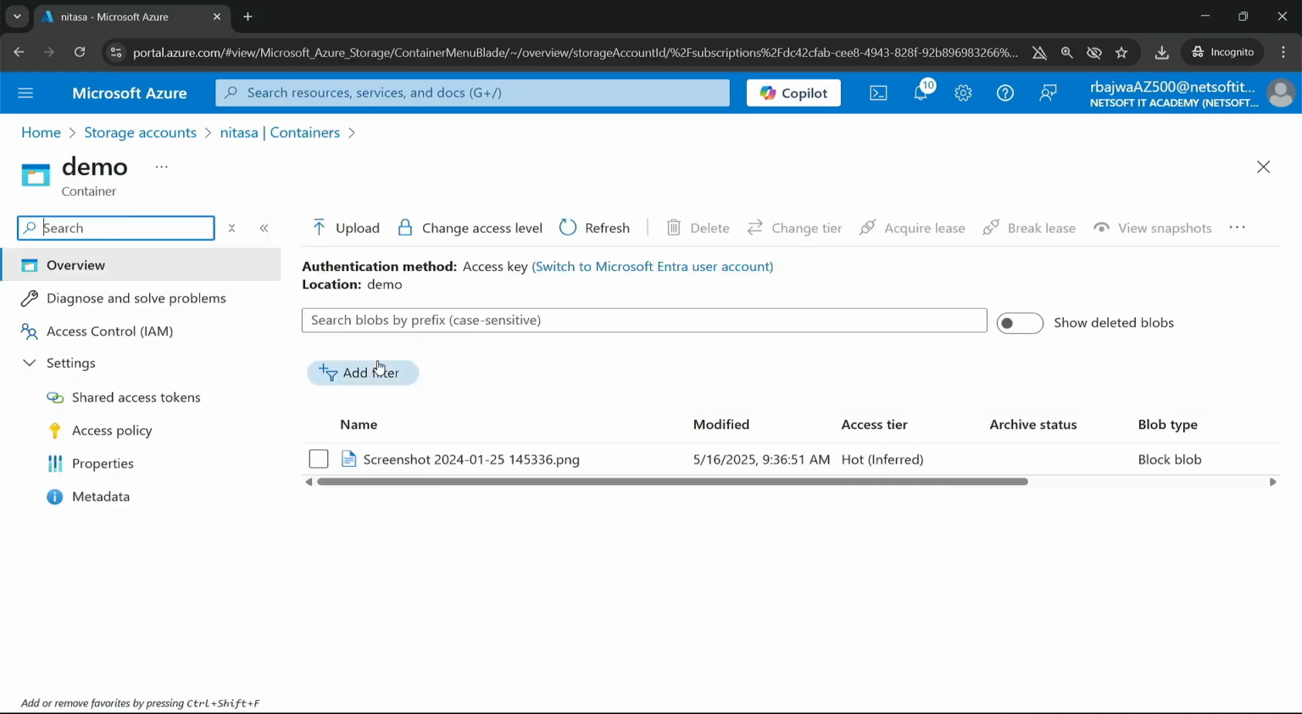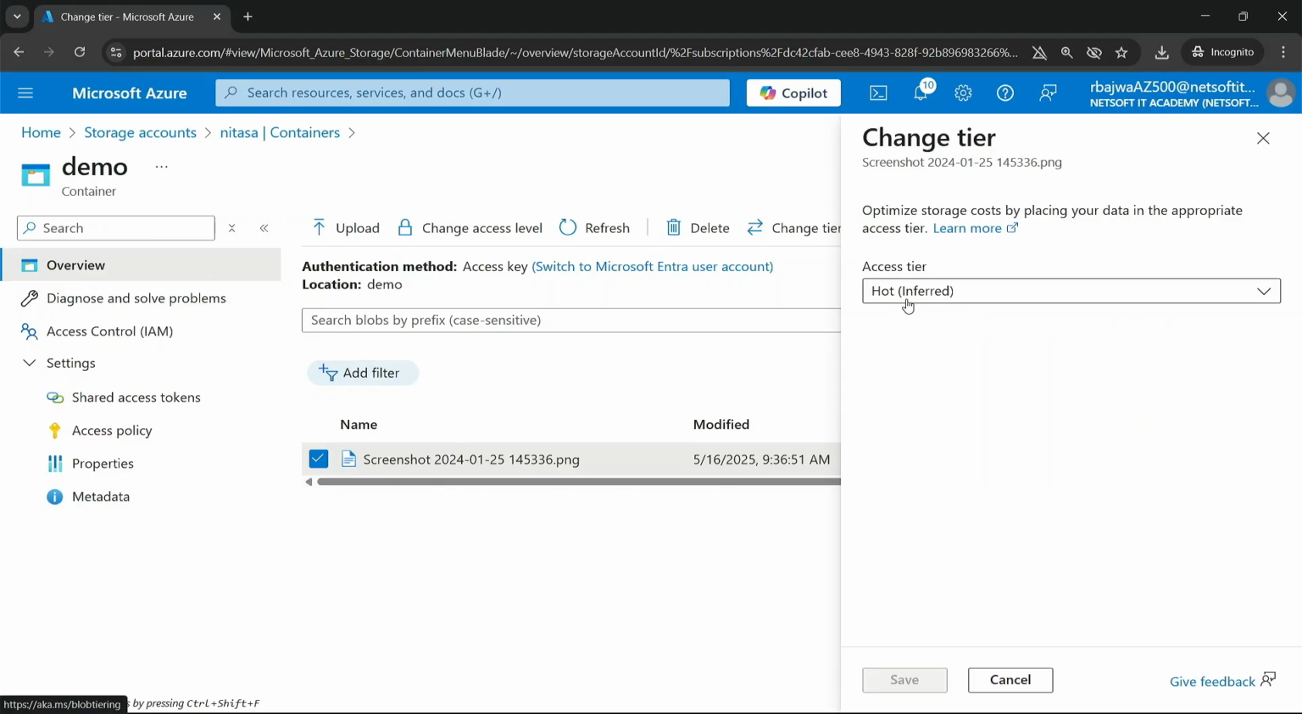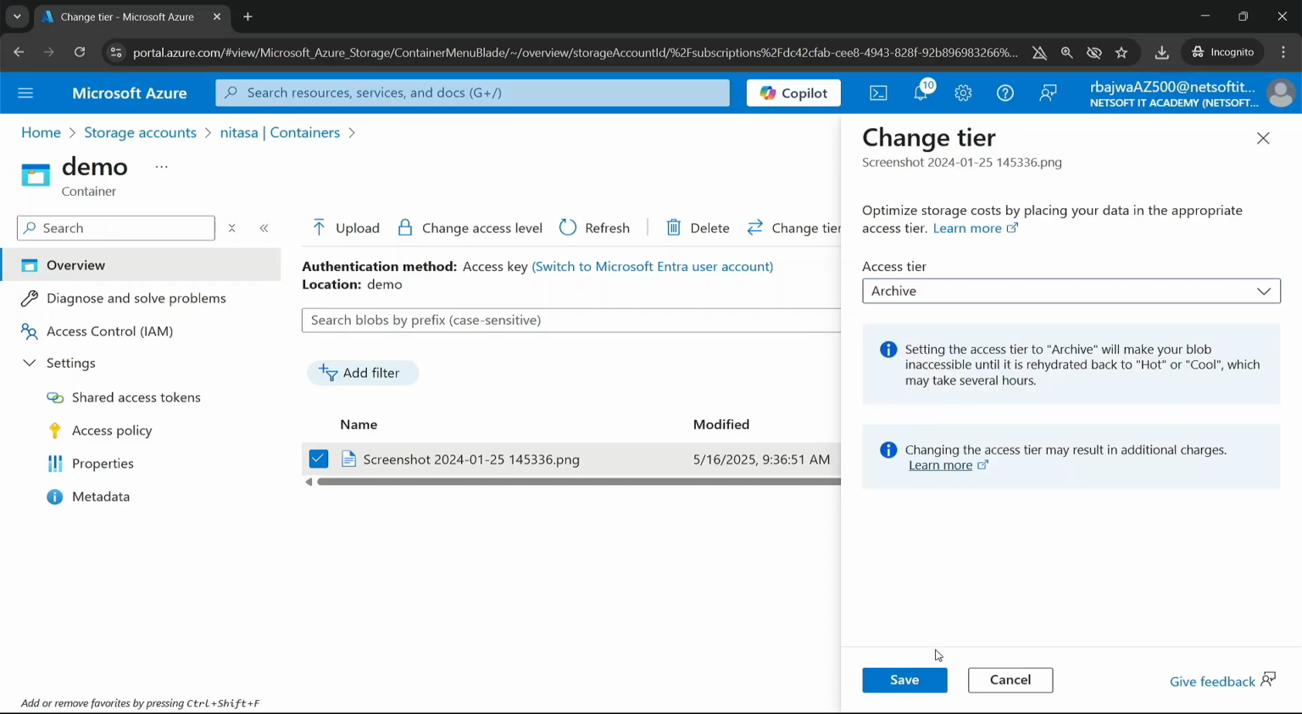Click on the container. As you can see, if you select your content here on top, you will get an option of change tiers. Right now it is hot. Let's try to make it archive. Setting the access tier to archive will make your blob inaccessible until it rehydrates back to hot and cool, which